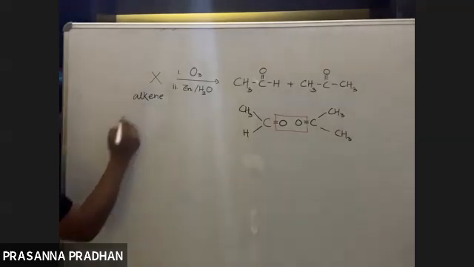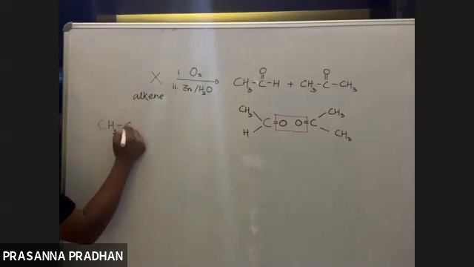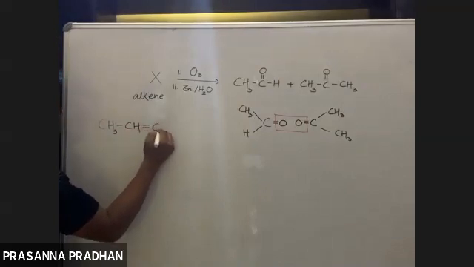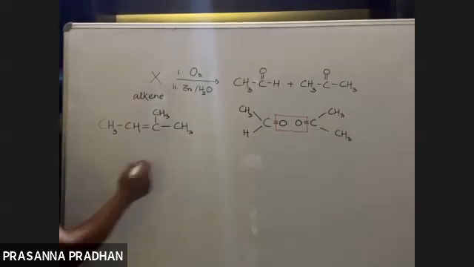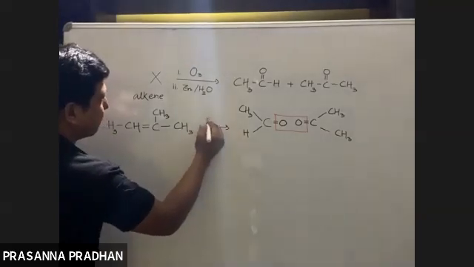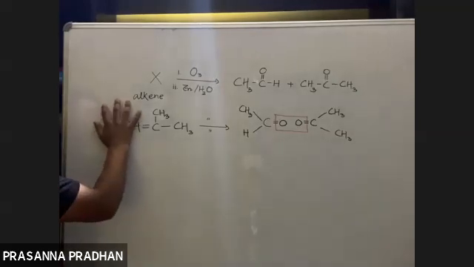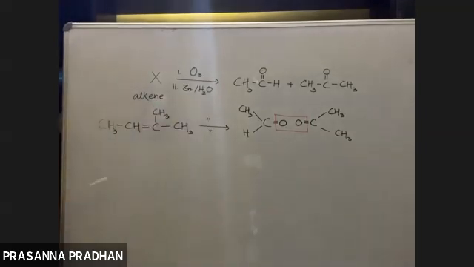So what is the structure of the starting alkene? I'll start writing from here. CH3 bond. I have CH. This and this will be connected by a double bond. I have C, one methyl branching obviously, and one methyl group like this. So this is the procedure. This compound on ozonolysis followed by treatment with zinc water will give you this. I taught you this. What will you do? The double bond will cleave. Here the double bond gives a ketone, here the double bond gives an aldehyde. We are doing the reverse. Okay, fine. So this was there in your class 11 if you just recapitulate the things.